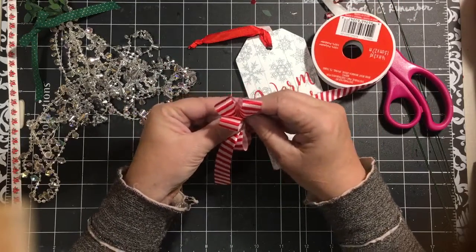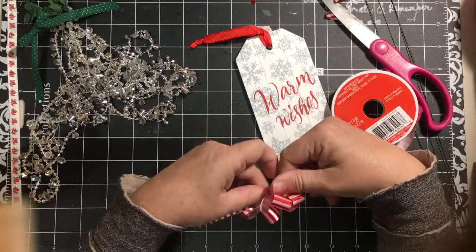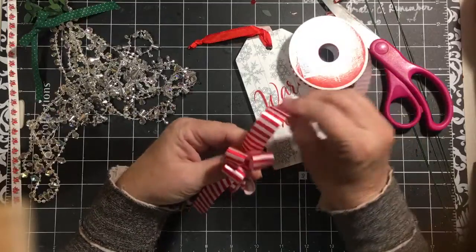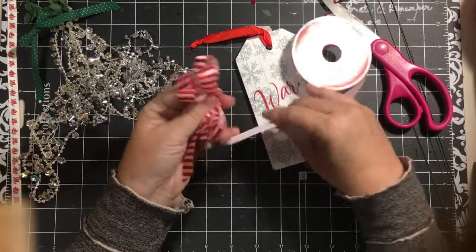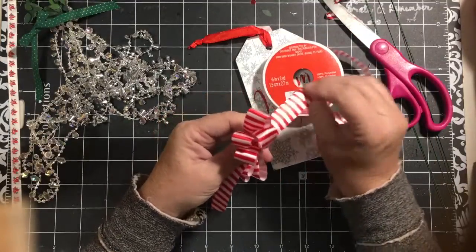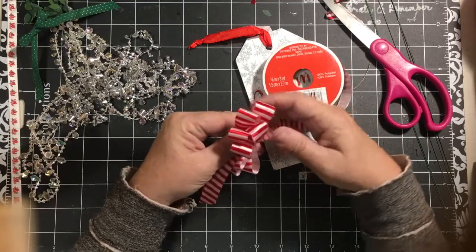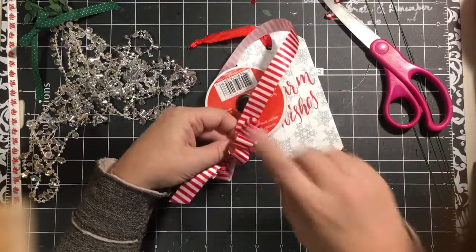It's going to be the same size as the second one. Pinch it, turn it. Third one, same as the second one. Fourth one, just a little bit bigger. Pinch and turn. Fifth one, just a little bit bigger. Pinch and turn. You're going to want to do your wire